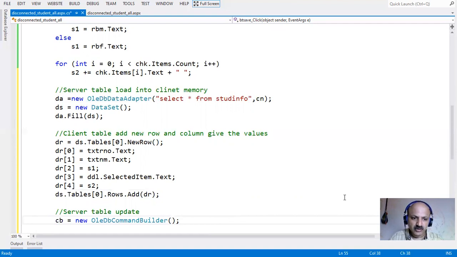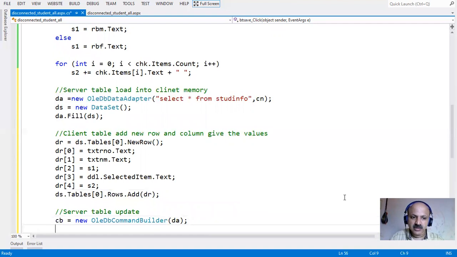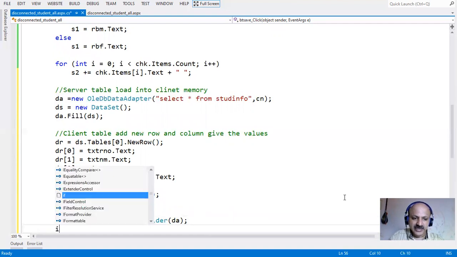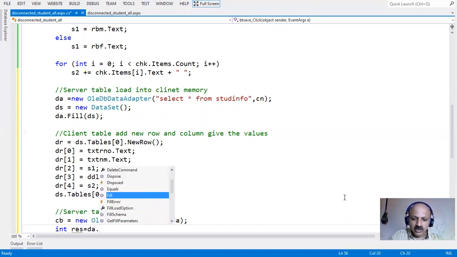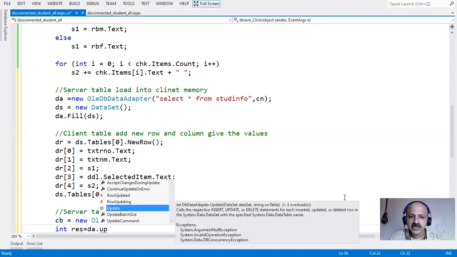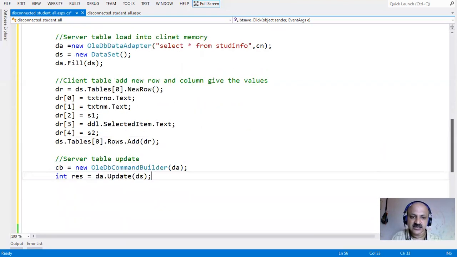So very important logic here, and the data adapter is passed in the constructor of the command builder class. And here I take one integer res result value, and then data adapter dot update method, and that return data type is integer. So here I take the integer and pass the dataset. Yes, in between dataset, or you can also pass data table, but here we can use dataset.